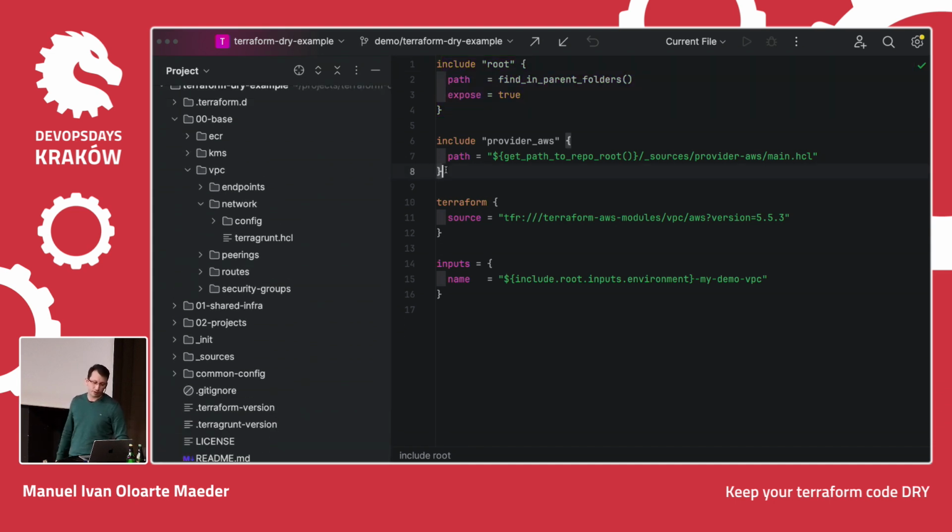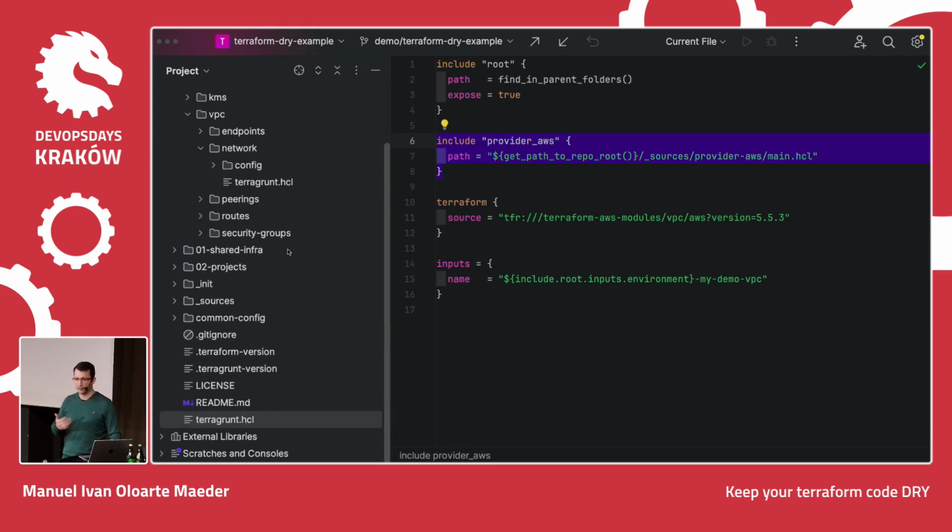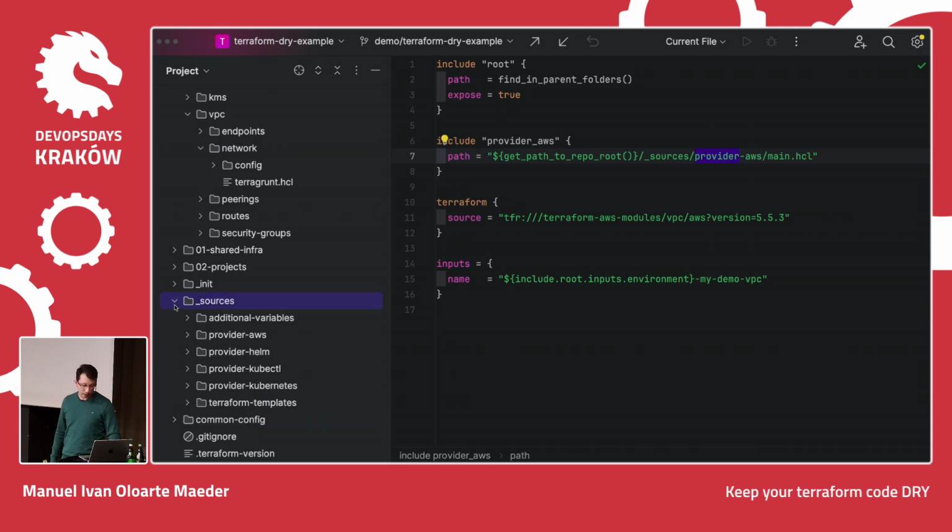Then you can see here this include. This is the first file that we generate through automation. The automation that is allowed through Terragrunt, and it says that, hey, get me the file from the sources providers AWS main HCL, and if we look at it,